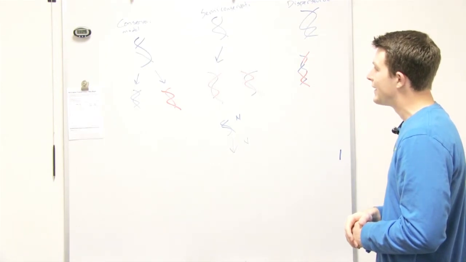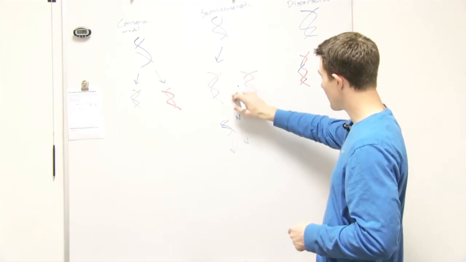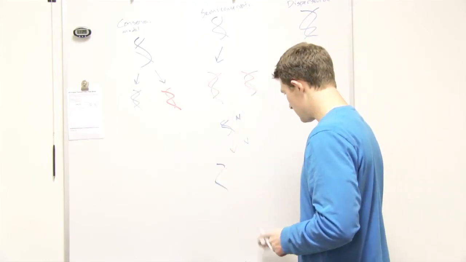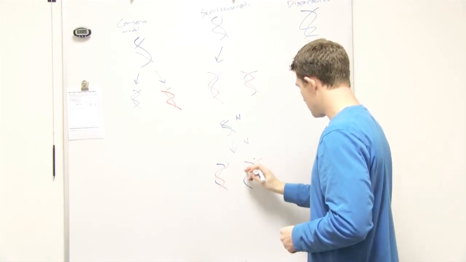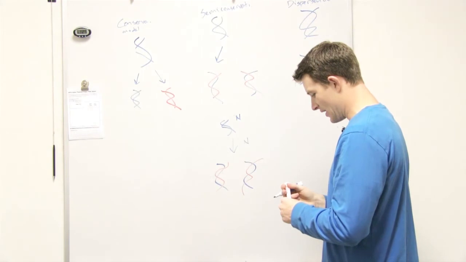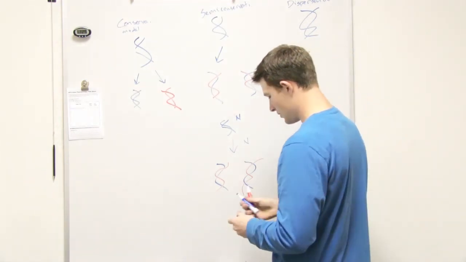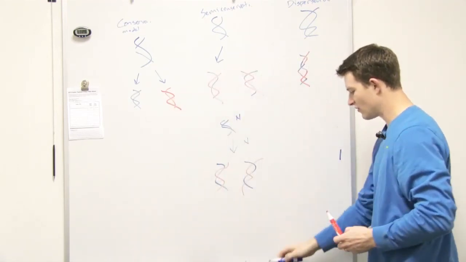And the first time it divided, it actually ended up being like this model right here. And what they did was they put it into a test tube. And the thing with nitrogen 15